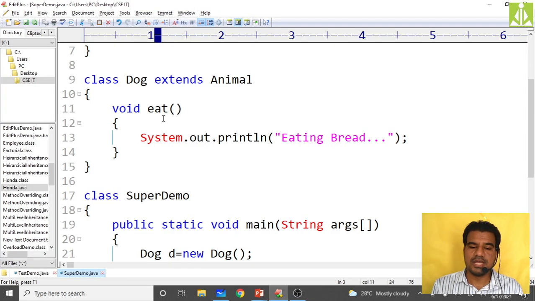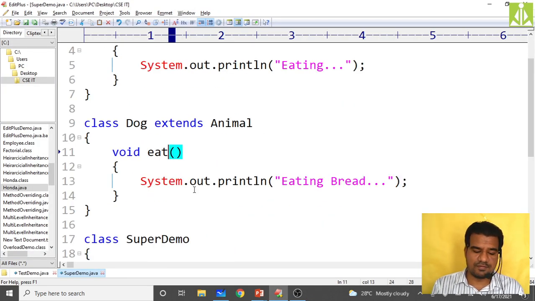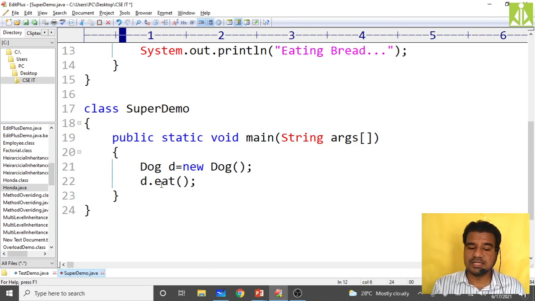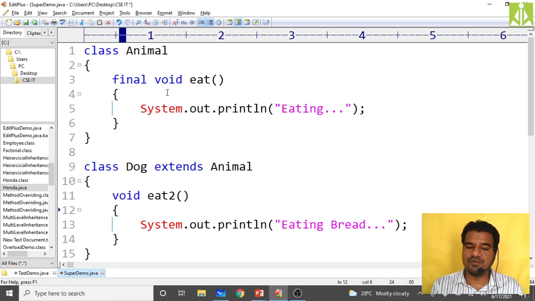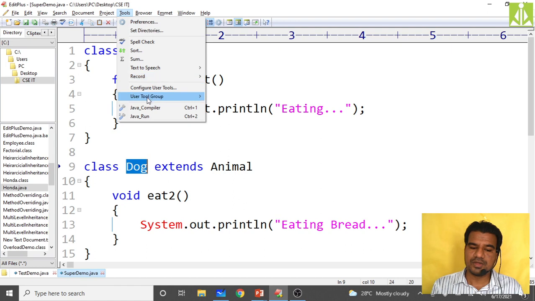Hopefully you understood. Can it inherit that method? So if I put eat2 over here, can it inherit? So that means this d.eat I'm calling. From where should it invoke? From the Animal method. I'm not overriding now. Here eat and eat2 are two different methods. But I'm just checking whether the Dog class is going to extend this eat method or not. Compile.